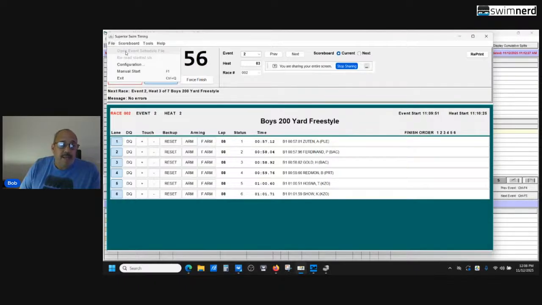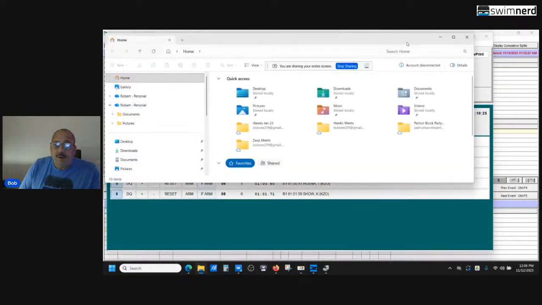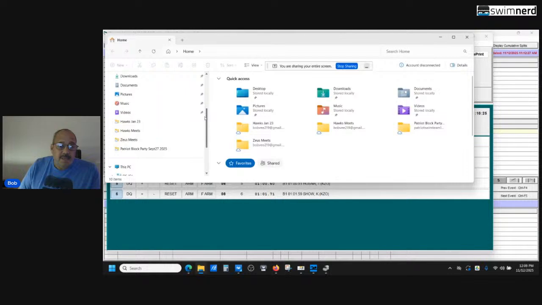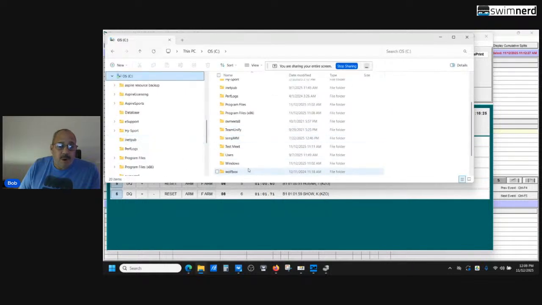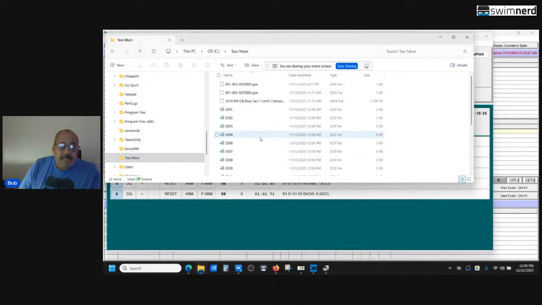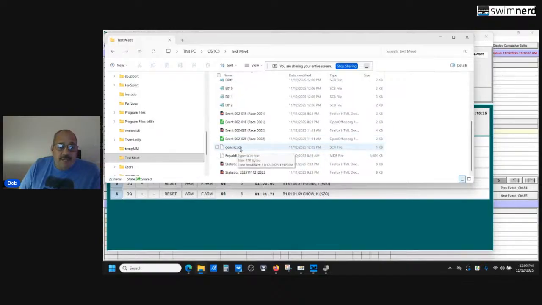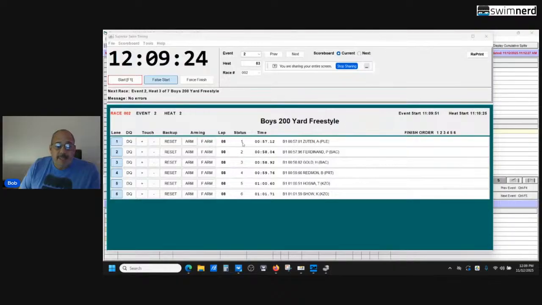I've already done that, but I am going to pop into this screen here, and hopefully you can see this. And we're going to go to our directory. And this here, generic.sch, this is your event file. This is when you download your events from Meet Manager. This is the file you'll click, and SST will open up, and you'll see all the names that are in the heats. So here we are in heat 2. I've already run a couple of test heats here, so we're in heat number 3, and